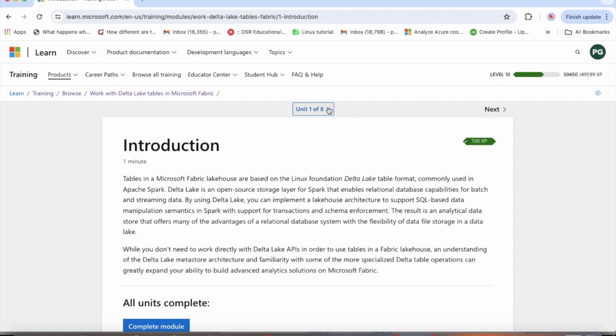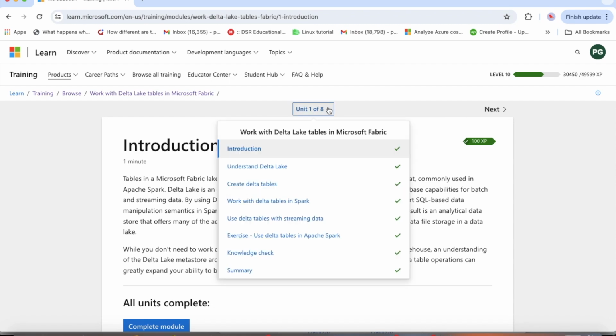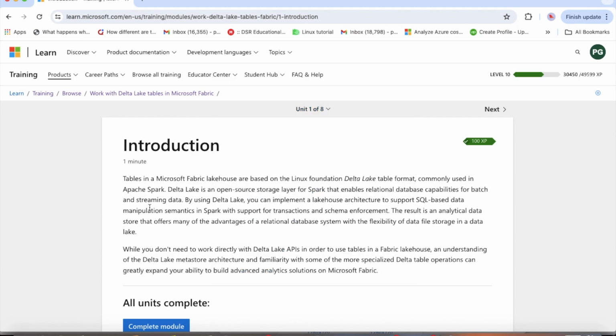So in today's video, we are going to talk about Delta tables in Microsoft Fabric. We'll be talking about how we are going to create the Delta tables in Spark within Microsoft Fabric, and then we will also be doing one practical lab. So let's get started. The tables in Microsoft Fabric Lakehouse are based on the Delta Lake table format, commonly used